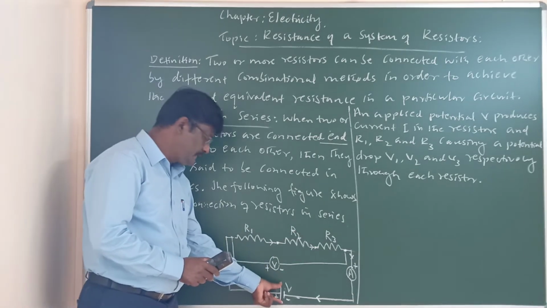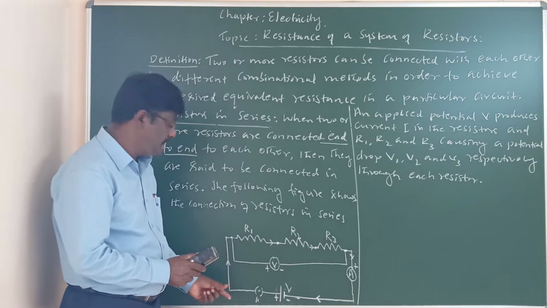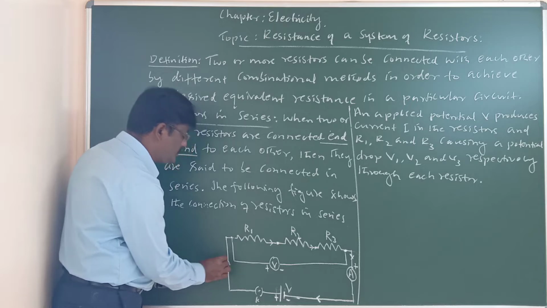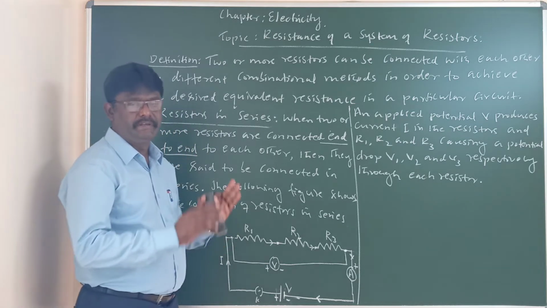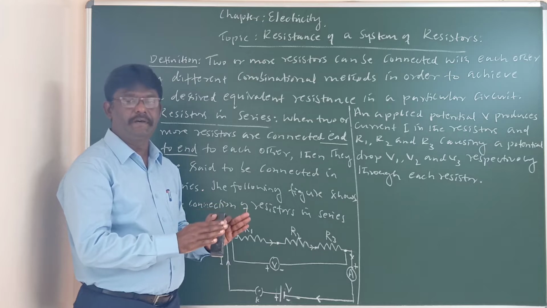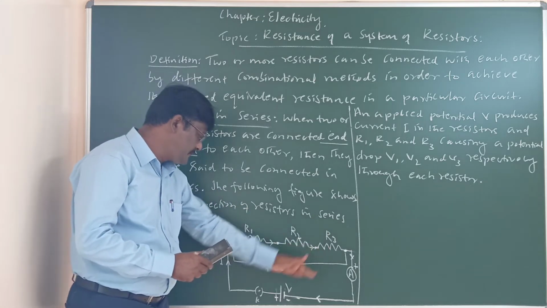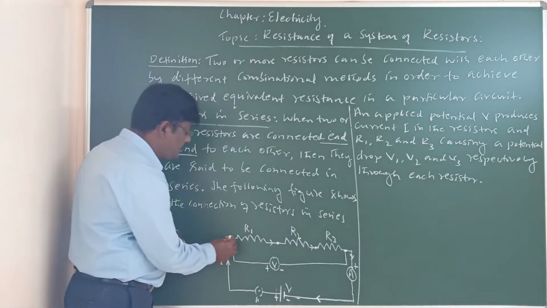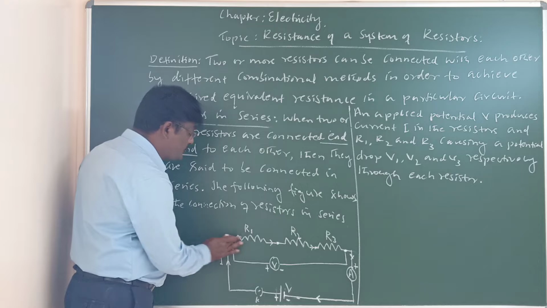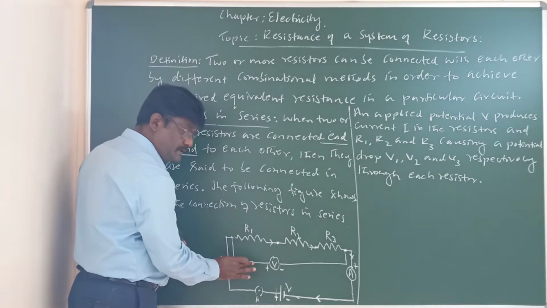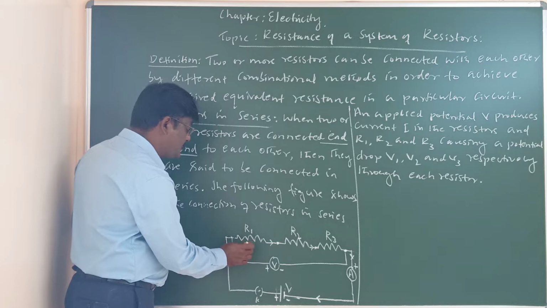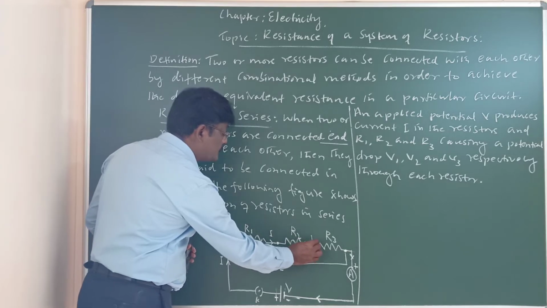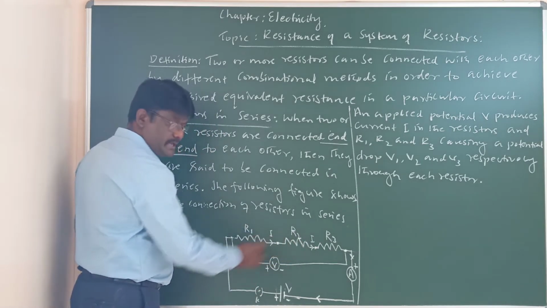According to this circuit diagram, there are three resistors connected in series. Here this V produces current I in the circuit. Wherever there is a potential difference, there only we will have flow of charges. Therefore, in this circuit, this V produces I. Now, when this I flows through this type of connection, in R1, R2, R3 the same current I flows because they are connected end to end.